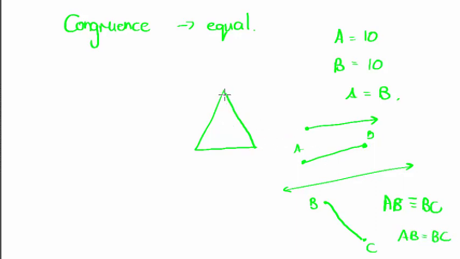But technically speaking, if this was A, B, C, D, and this was the same length as that, the only two lines that I can say are equal is AC is equal to AC, because it's the same line. AB technically is congruent to CD. It means the same in size and shape. Now, lines don't have shape, they maybe have direction. That's not what we mean. Shape just means the.